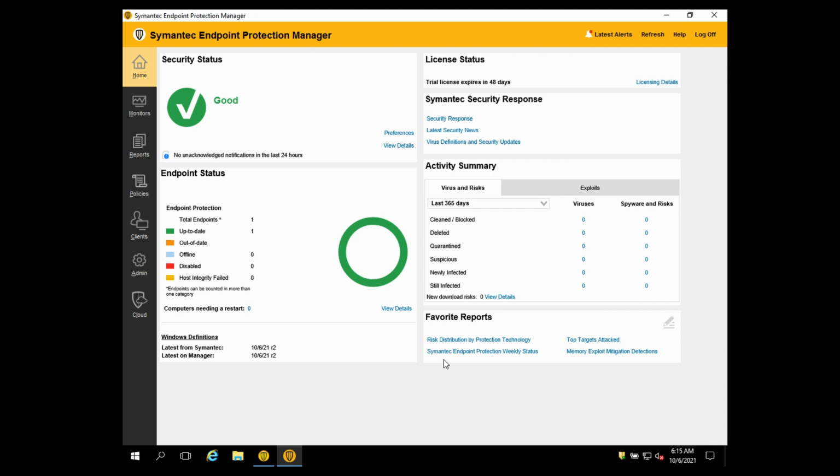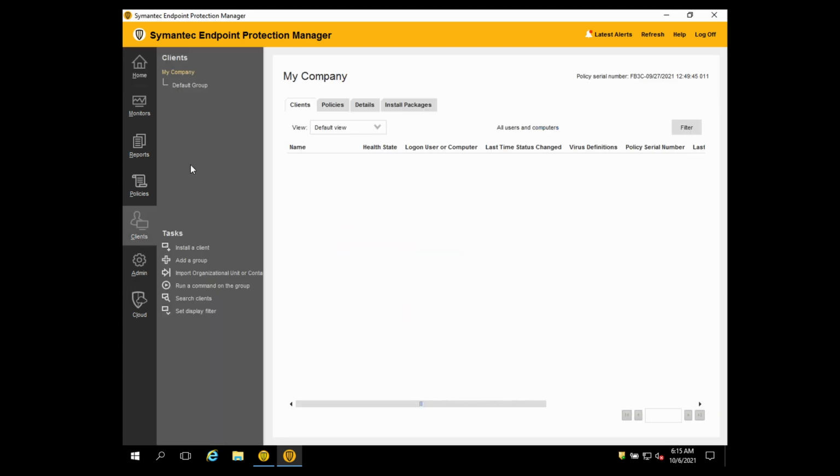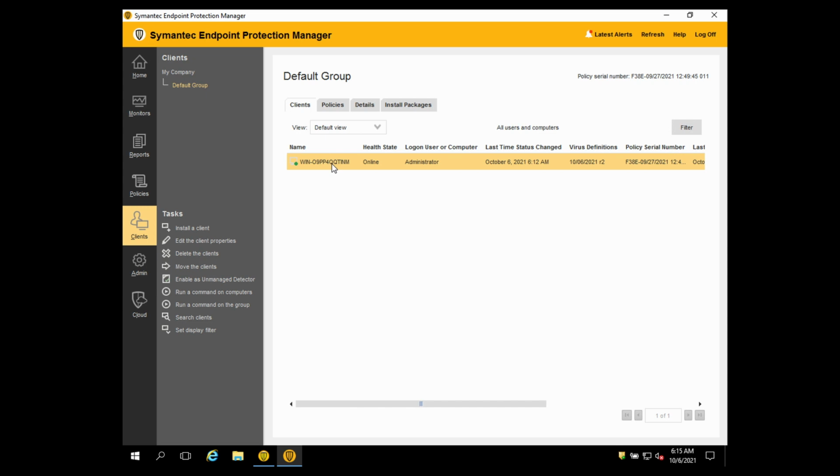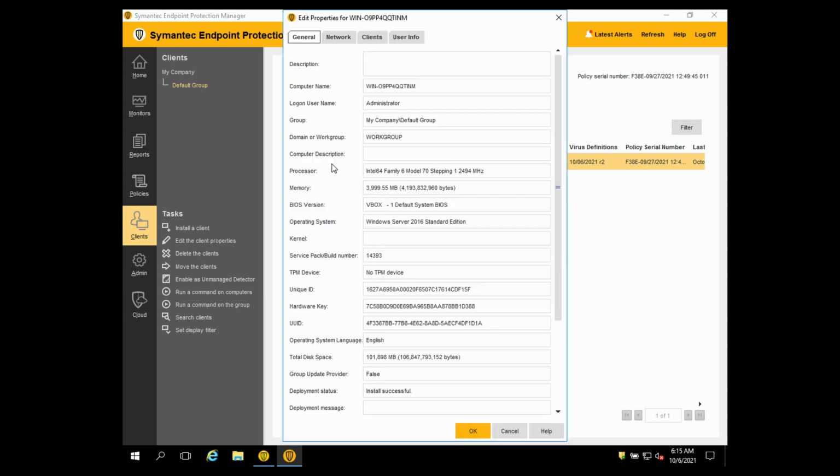Now you can see one client is installed and it's in up to date status. If you want more details about that client machine, go to clients, and it's reporting to the default group. By double clicking, you will get all the details.